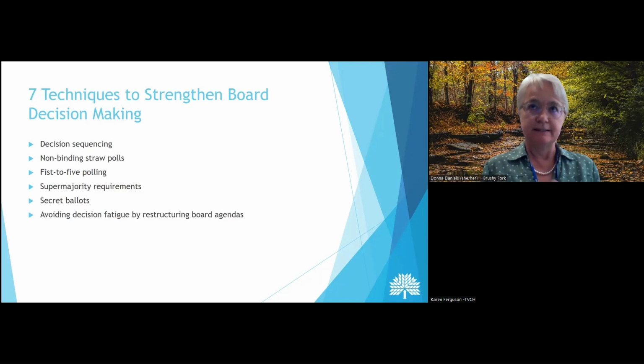Place those significant decisions early in the meeting so that people are fresh and their brains aren't taxed yet from a lot of discussion, and people can fully engage in that decision making. So I know that was a quick overview of those, but those are some techniques that can help you strengthen